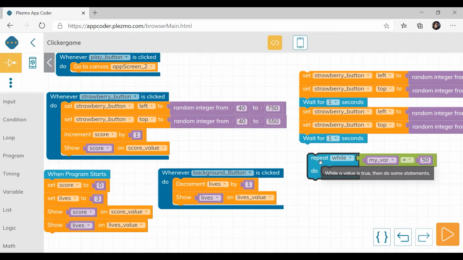where we have some condition. So what is our condition? When the program will start, right? When the state of the execution is on, then strawberry button should move to different position on its own, right? So we will store the state of the execution, state of the project to on and off. And in computer, you know, the on value means 1 and off value means 0. So we are going to first create a variable.